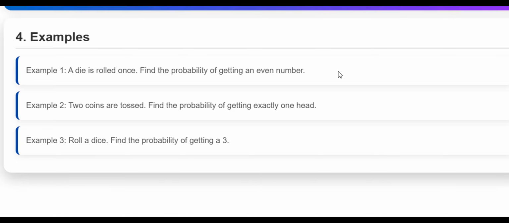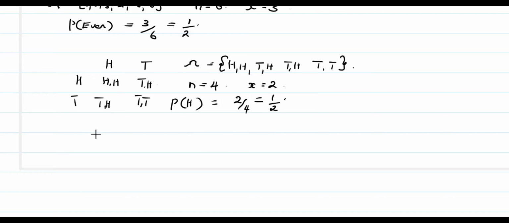Let us try the last example here. If I roll a dice, and then I want to find the probability of getting a 3. We said a dice has 6 possible outcomes. We said the sample space would be 1, 2, 3, 4, 5, 6, like that. But then we only want to know